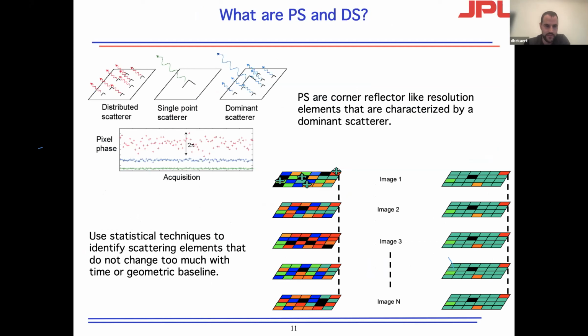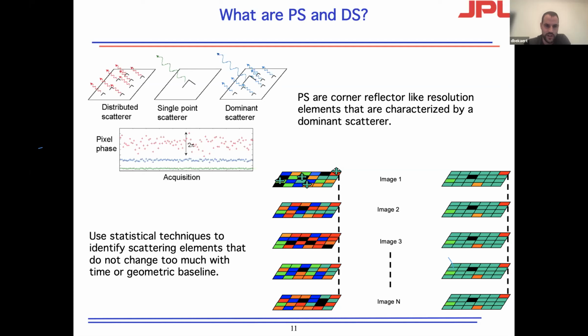In the top left image, the square represents a resolution cell, and as elaborated before by Paul in the theory class, there are multiple scatterers in a resolution cell, and they all contribute, they coherently sum up the phase, at least to what the phase is for that cell, and also they contribute to the overall reflectance of this resolution cell. So if you have a set of distributed scatterers, that's shown here on the left-hand side, they look pretty similar in terms of